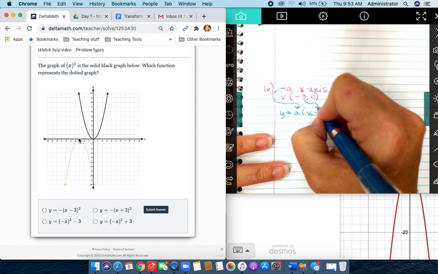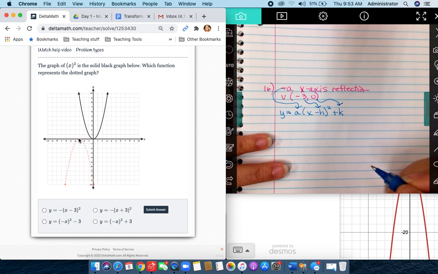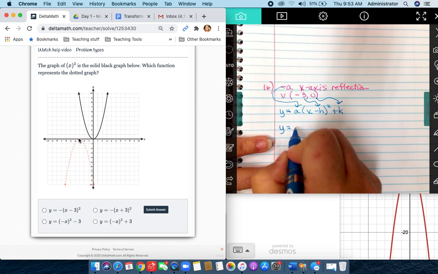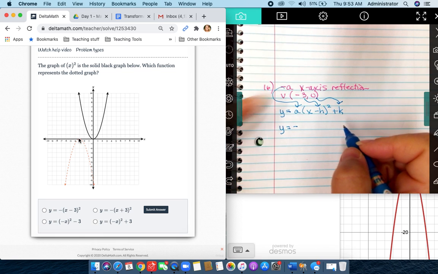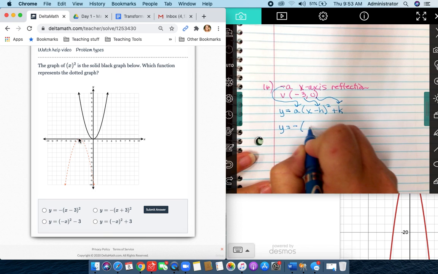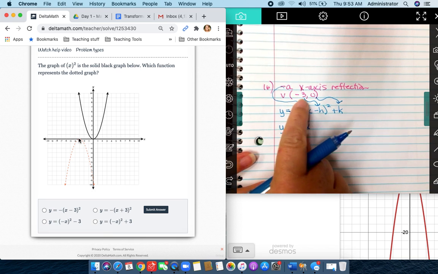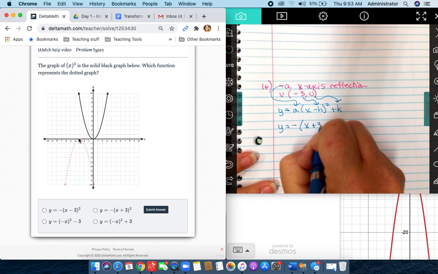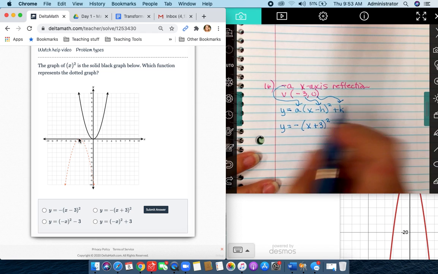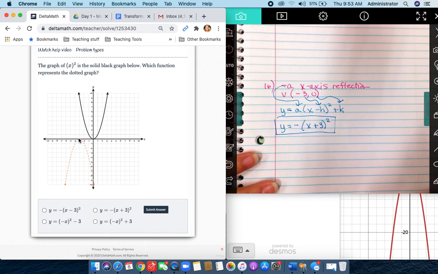I am going to switch and keep to plug in for h and k. So that means my function would look like y equals negative, just an understood 1, because it's still out 1, down 1. And then times the quantity x, and if I see -3, I'm going to switch it to +3 squared. And I do not need to put a +0,